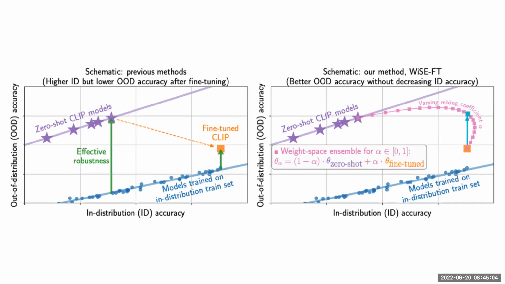You just take the two networks, the fine-tuned one and the zero-shot one, and you linearly interpolate between the two. That was surprising to me because the whole point of neural networks is that they are non-linear. So why would you want to interpolate linearly in the weight space of two neural networks? But Mitchell and Gabriel, the leading authors, are very creative experimentalists. They were like, oh, let's give this a try. And then it worked surprisingly well. So basically this pink curve here is what you get as the trade-off between in-distribution and out-of-distribution accuracy as you vary the mixing coefficient between the zero-shot model and the fine-tuned model.